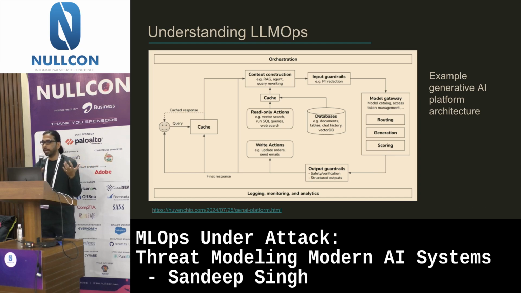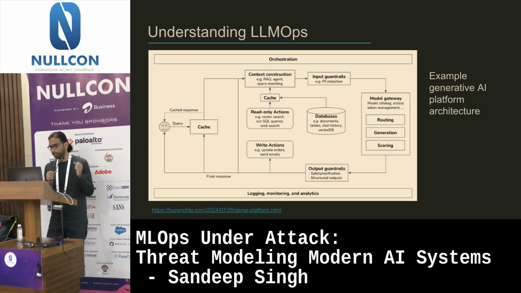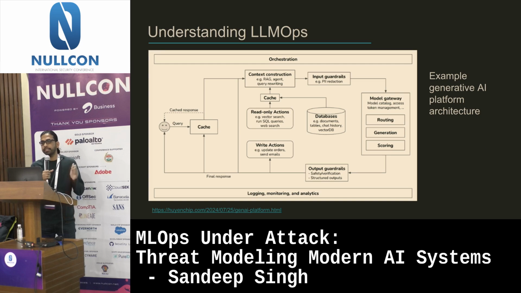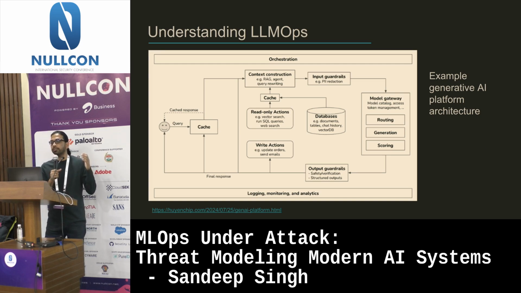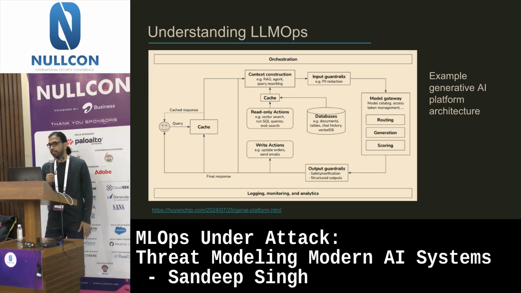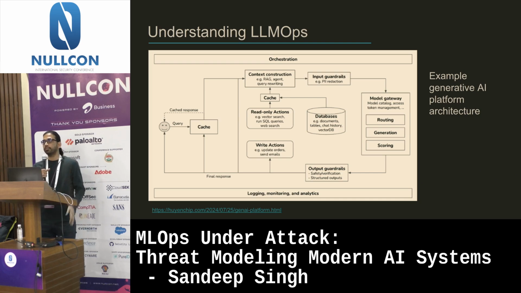Nowadays, most LLM apps would have some context construction, which is RAG, what we call it. It'll basically fetch some data from a database, build the context, go to a model gateway, and next to the model gateway, both during input and output, you will need to have input guardrails. For example, if you're giving PII to the model, it'll redact it. If it's generating PII, it'll have to redact it.